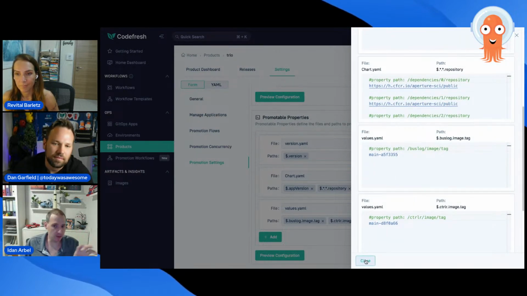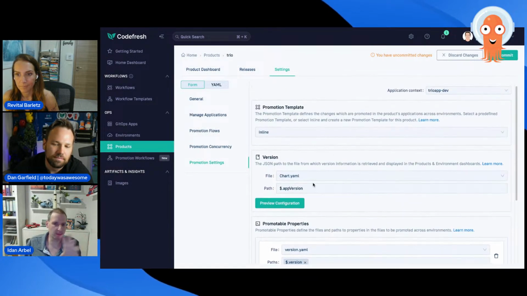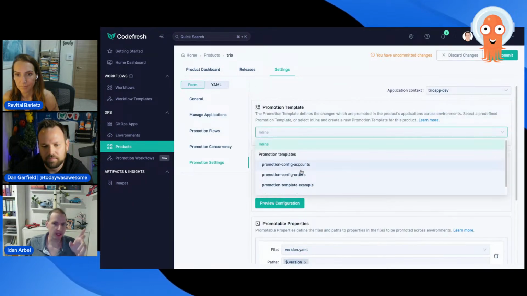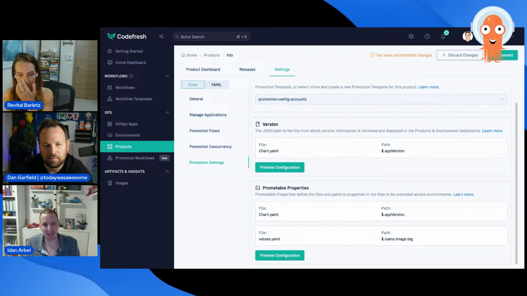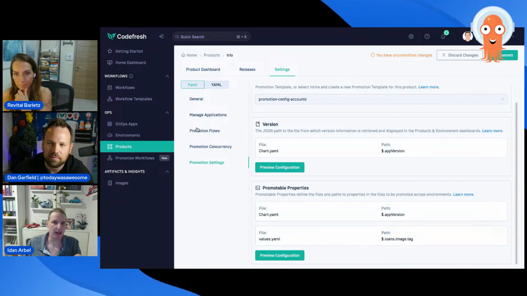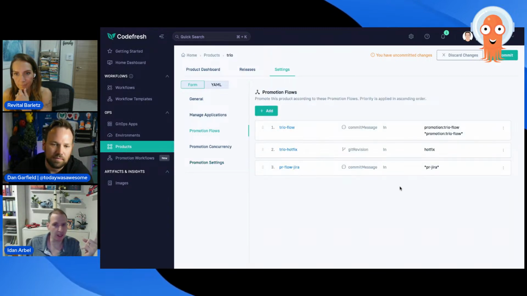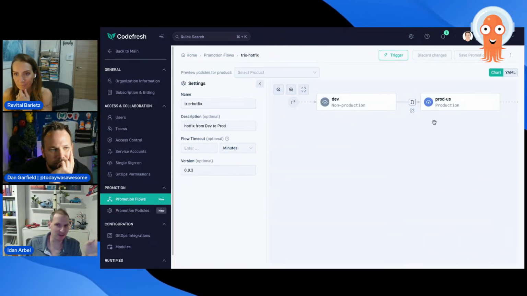And again, all these values are also reusable across different products. So I can put them inline like I have here, but I can actually reference a template that can be used across all my products. So essentially, I can model my entire CD lifecycle for all my applications, all my services, with 1 or 2 promotion flows, a promotion template, and a few products. I can connect multiple flows to one product. So we'll go through all the stages on a standard release, but with a hotfix, we're going to go from dev to production right away. So again, that's super flexible.